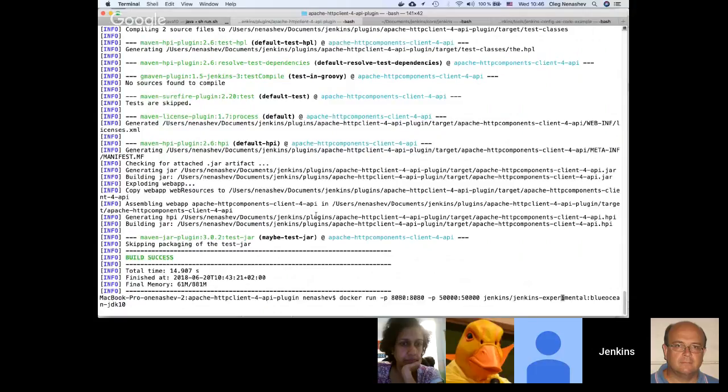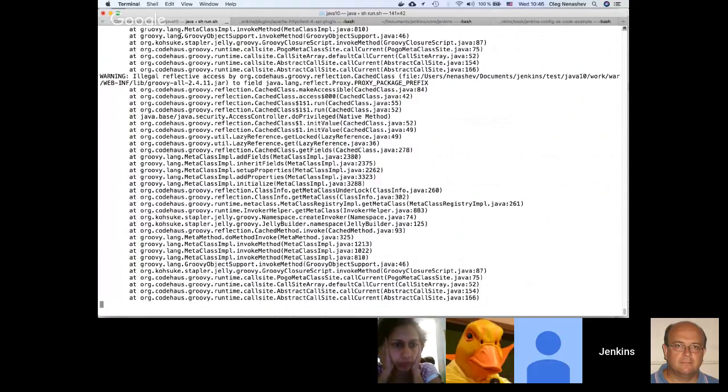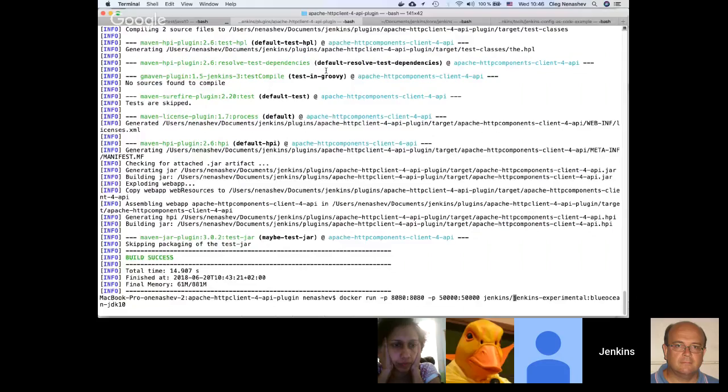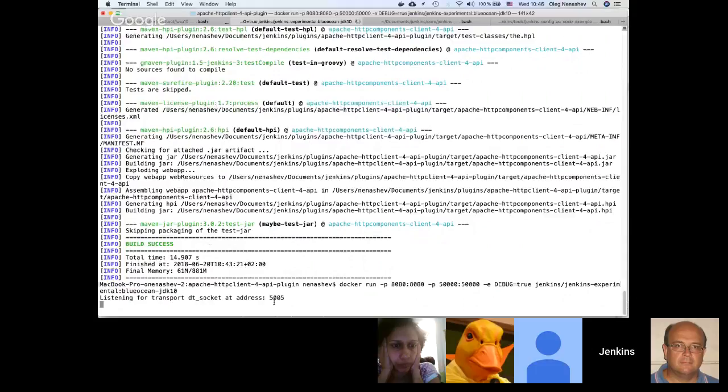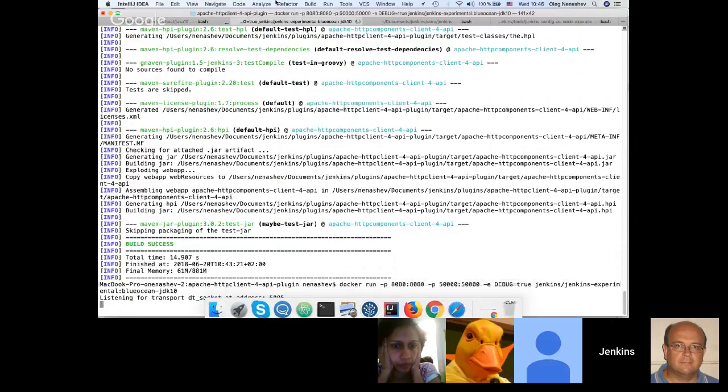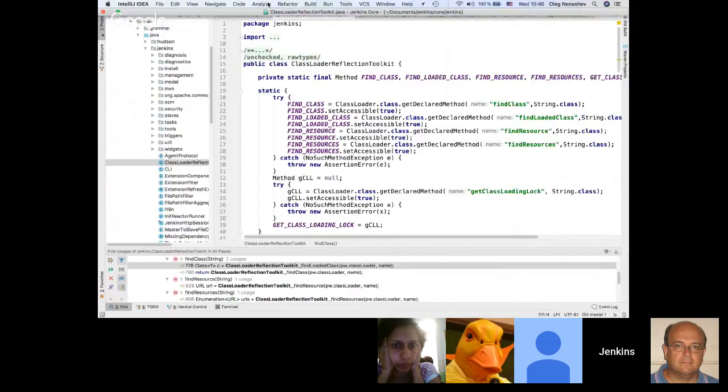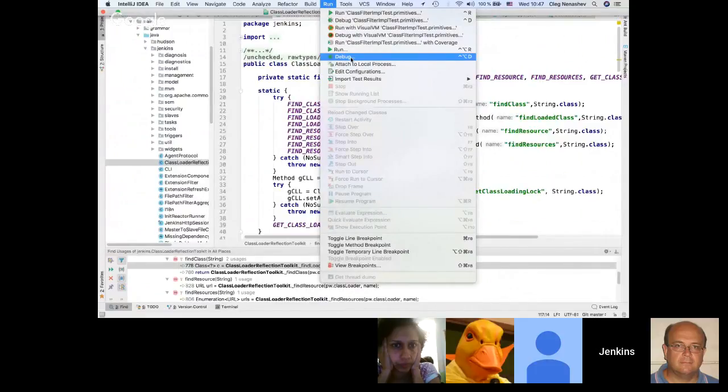Instead, I need to stop the Jenkins instance now. We can say that we want to debug. It should be working on this image, and we can just start Blue Ocean. So it's listening for the socket port. If we want to debug the Jenkins core, we just connect the debugger, or if we want to debug the plugin, we do the same.